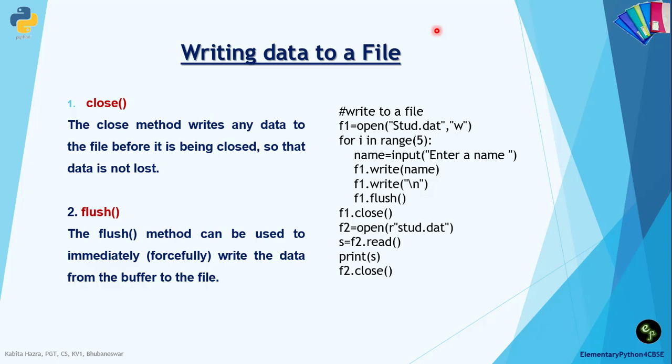When we are using the close method, it writes the data to the file before closing it, so that the data which is there in the memory is written and is not lost. We can use the flush method in between to forcefully write the data immediately after any write statement from the buffer to the file instead of waiting for the close method. We can modify the program to write student data, and after writing each name we will issue the flush method so that it immediately writes the name instead of waiting for the close method to write all the names from the buffer directly.